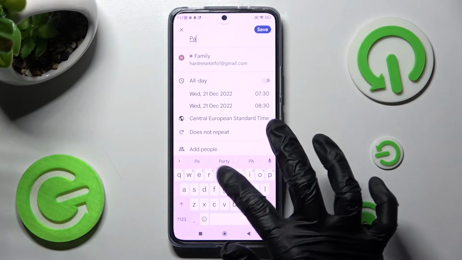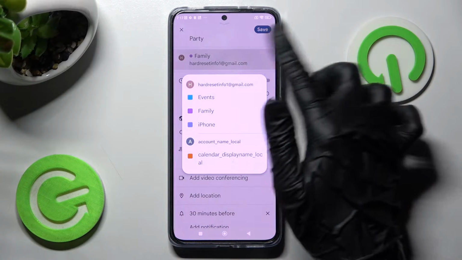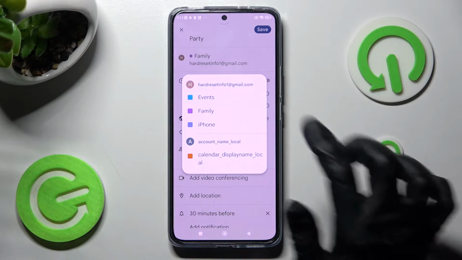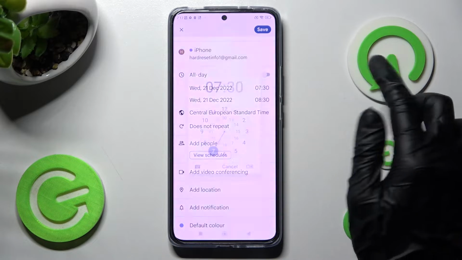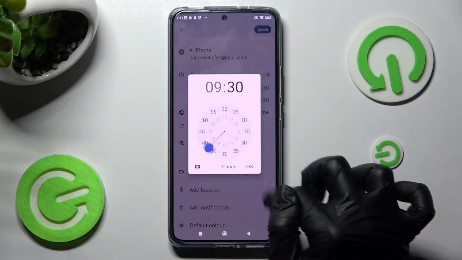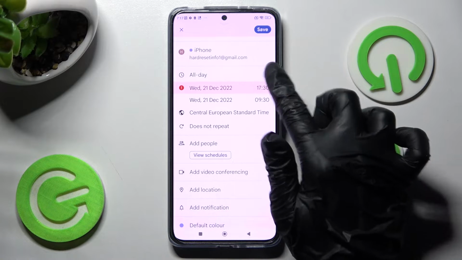For example, add a title. Now you can also pick one of those options after clicking on your email address. I will go with iPhone. Tap on starting hour, set it up, and also select ending one. If you don't want to do that, you can always disable this feature as well by clicking on this switcher